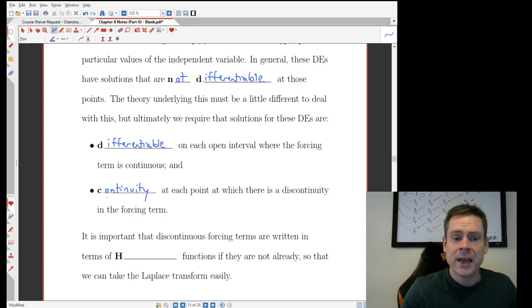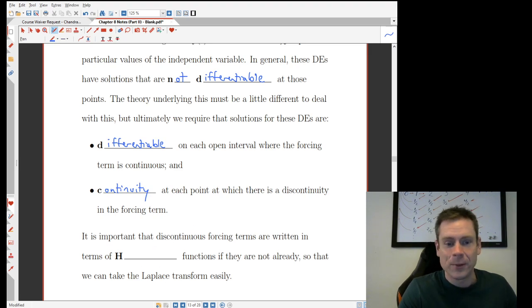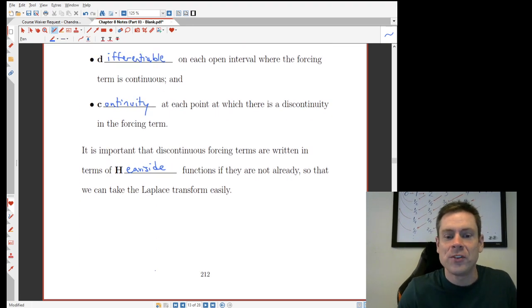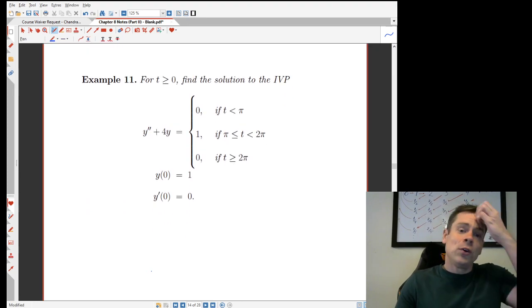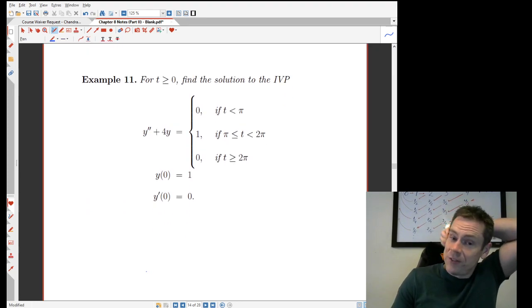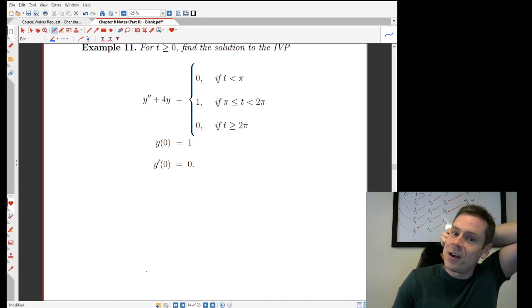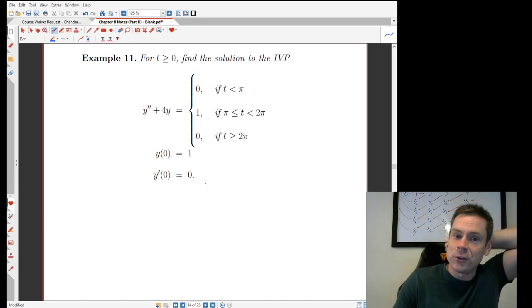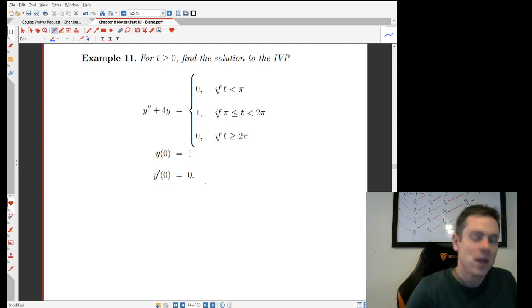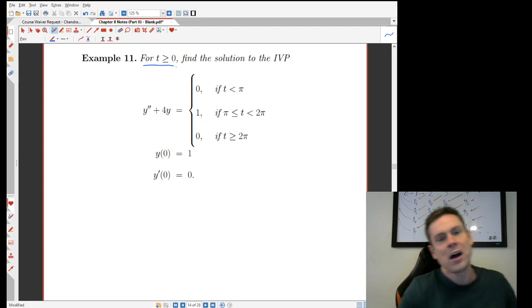Okay, and as I mentioned before, it's important that discontinuous forcing terms are written in terms of Heaviside functions so that we can actually take the Laplace transform to deal with them. So we are going to solve this differential equation. This will be our last one for the day, and we're going to find the solution to this initial value problem. Notice that it says for t greater than or equal to 0, and that's simply because when we find that Laplace transform, that throws away any data from before t equals 0, as I've talked about,